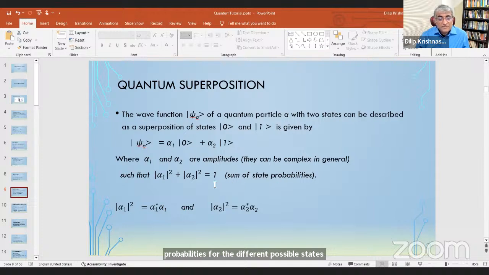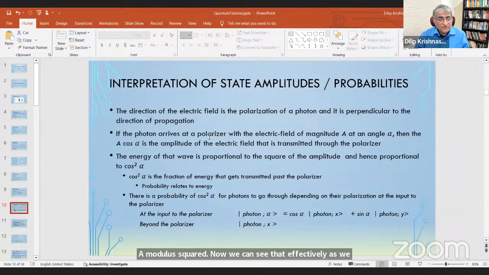And the sum of the probabilities should add up to 1. Now these amplitudes can be complex in general, and so then you would take alpha 1 and its complex conjugate to get the modulus squared. Now we can see that effectively as we put this thing through a screen, for example,